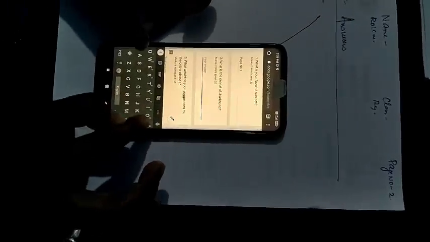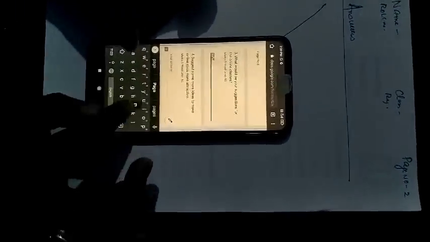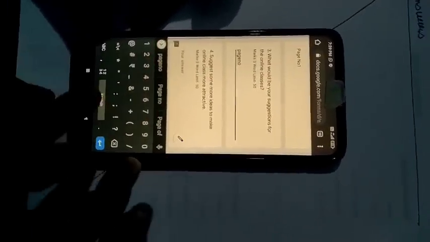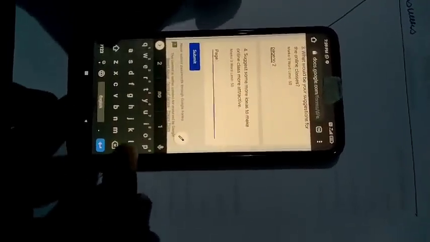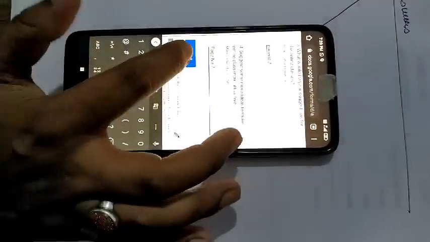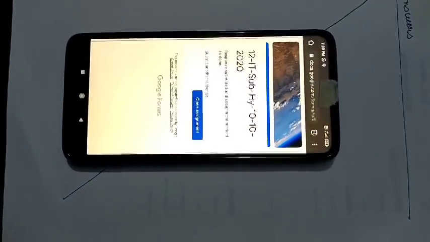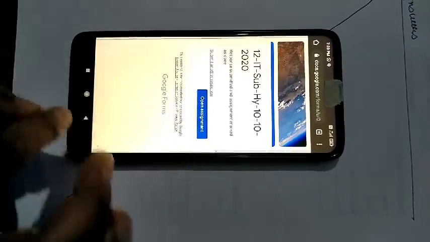Then again for question number 2, it is also on page number 1. Again if question number 3 is on page number 2 or 3, you will mention it. Similarly for the last one also you will mention the page number, and finally you will submit the Google form. Keep in mind the subjective question will be available only for 1 hour and 15 minutes.